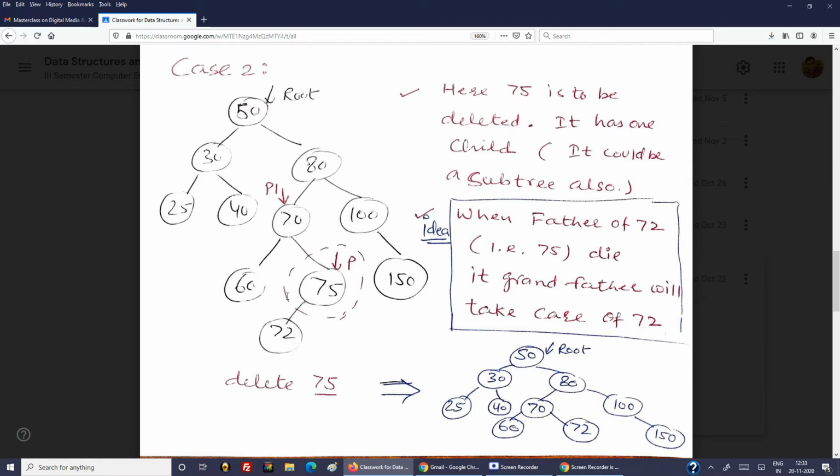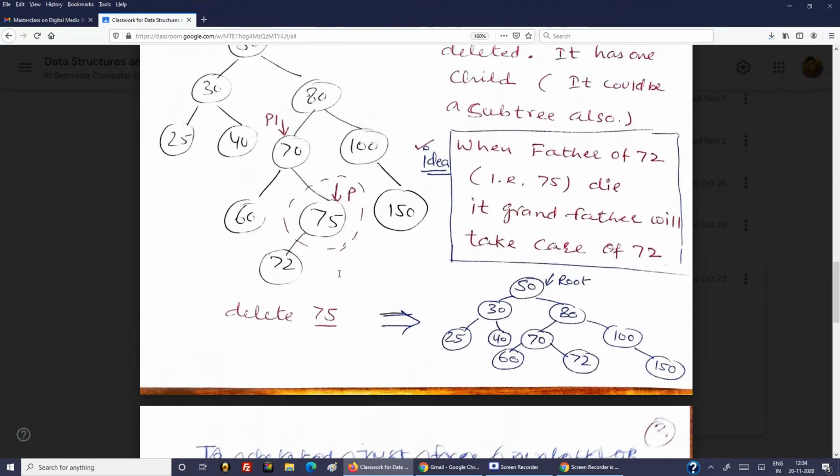Now the question is where in the grandparent. So the grandparent has in one hand this node 75. So 75 is deleted, so this hand is free. So the grandparent's one hand is free. When we delete a node, its father's one hand is free. So that free hand we will give to the child of this deleted node.